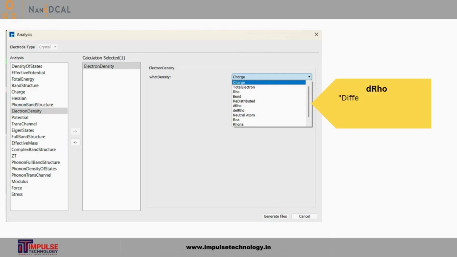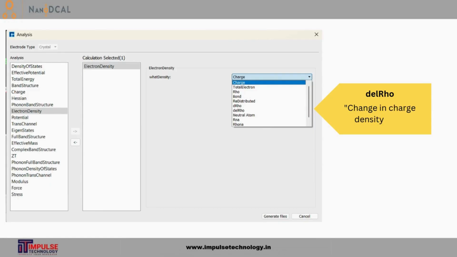The delta rho option gives the electron density difference between the rho system and the neutral atoms, and highlights charge gain or loss upon bonding, visualizing polarization, interface effects, or charge accumulation. The delta rho, often smoothened or a partial difference, basically gives the electronic rearrangement, like dipole formation.